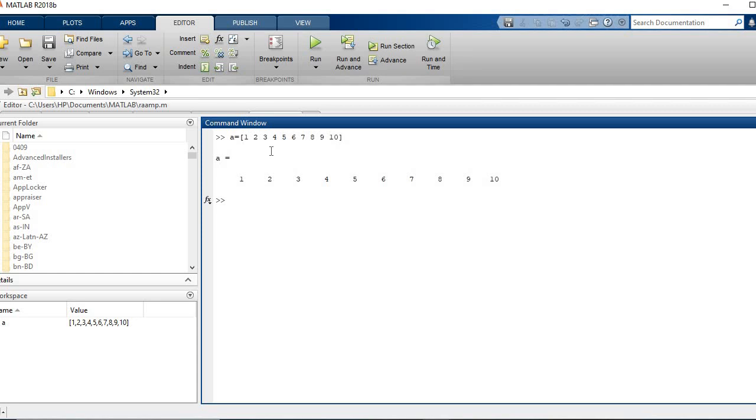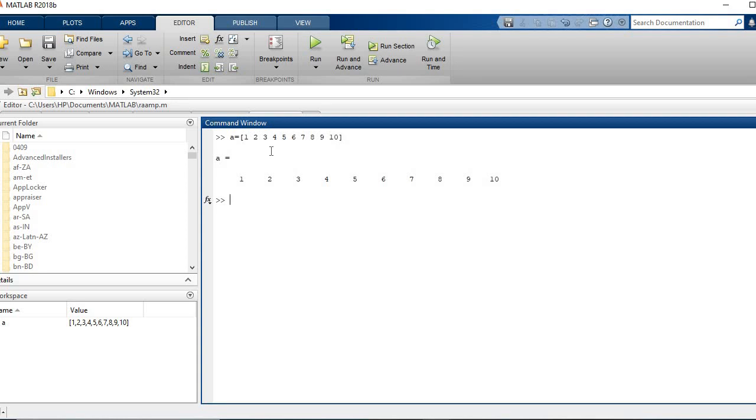Actually, when the data elements are in the form of an AP, you can connect with this more. If the data elements are in the form of an AP, each subsequent data element has a constant difference between them. Okay, so if we have to define some array in this way, then we can use the colon operator.